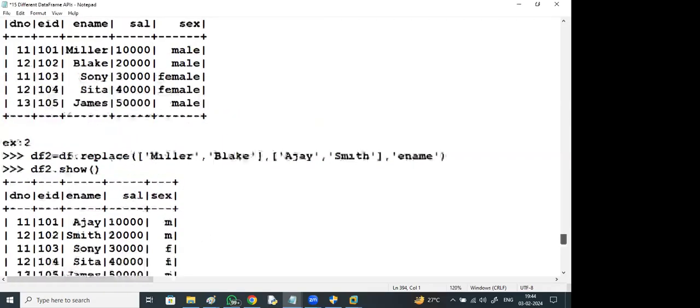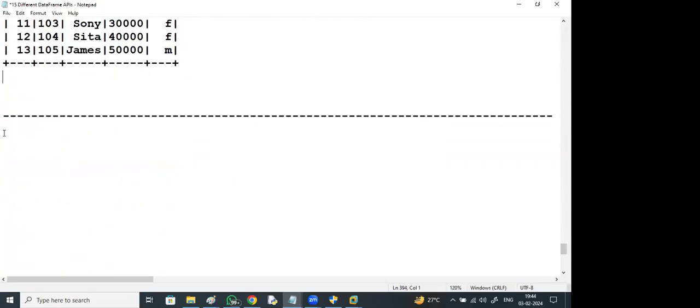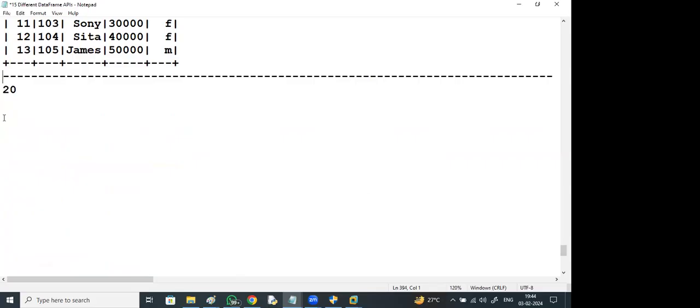Yes, for example, to change the schema or the column names.